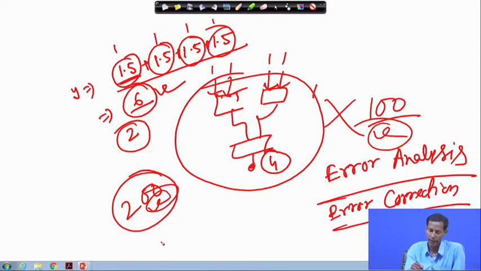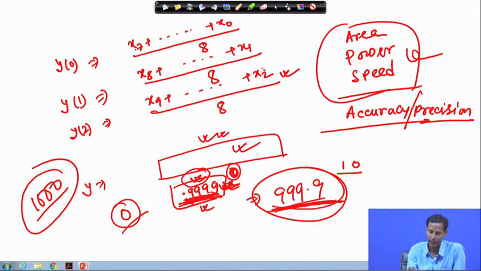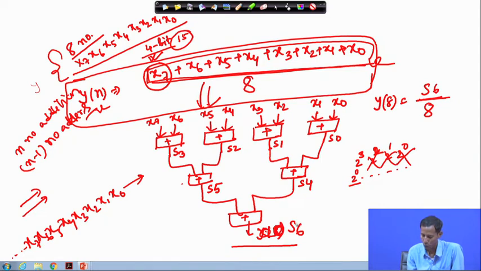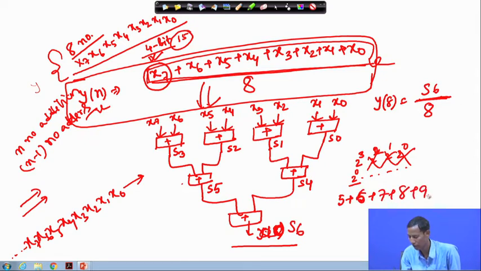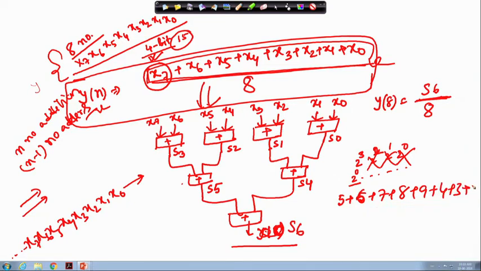So, if I go back to the corresponding circuit, I have discussed this particular accuracy point whenever I am discarding this particular 8 bit finally here. So, let us consider these numbers. Suppose they are 5, 6, 7, 8, 9, then 4, 3, 1, 2, 3, 4, 5, 6, and then 2.